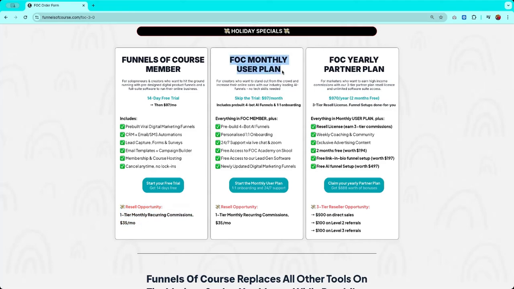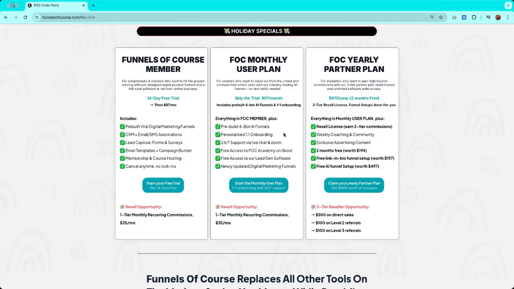All right, and then we have the monthly plan. The monthly is where you skip the trial and you pay the $97 immediately. The big difference between the free trial and the monthly is that once you pay the $97, you get enrolled into our one-on-one onboarding. So you get the personalized onboarding, which is a 4-week intensive onboarding where they work with you for 1 hour. You get the tech setup done for you. You get taken through the entire software suite. Your entire business is set up. So by the end of those 4 weeks, you're a pro, you know everything that's going on. You can completely launch your business and be ready to roll with our done-for-you onboarding.